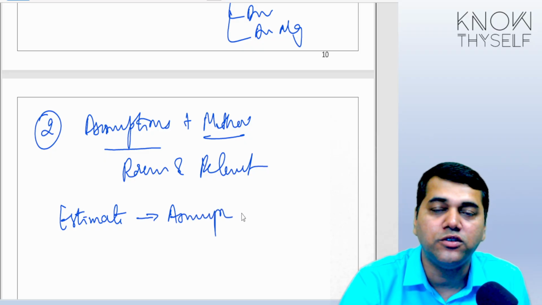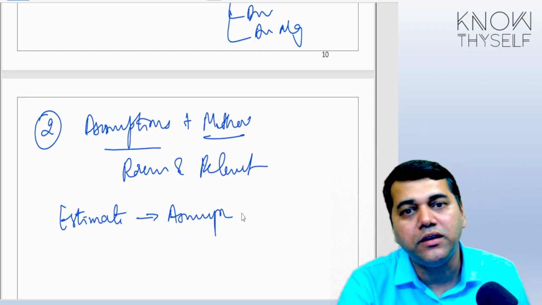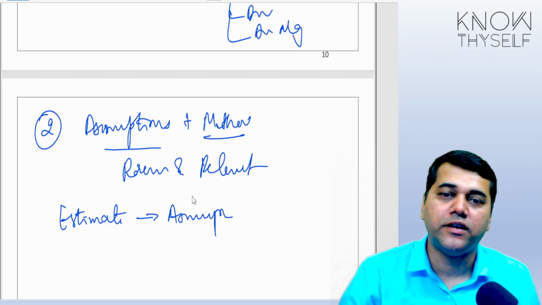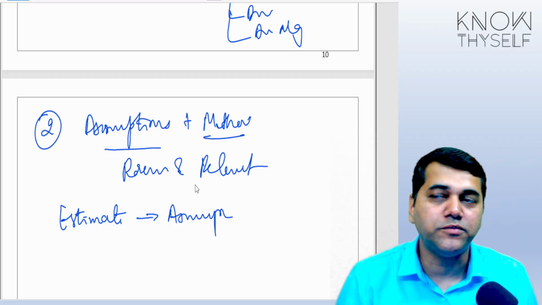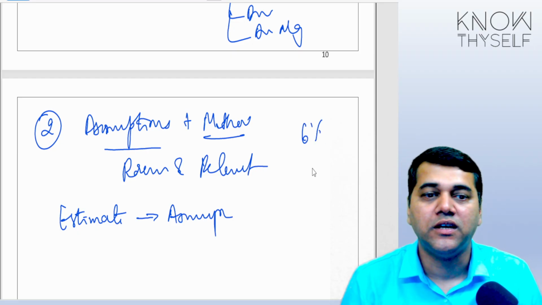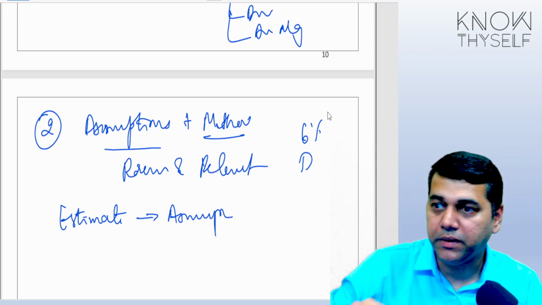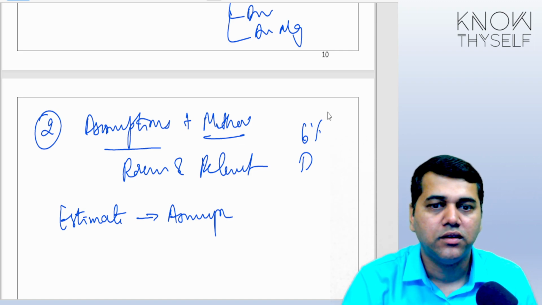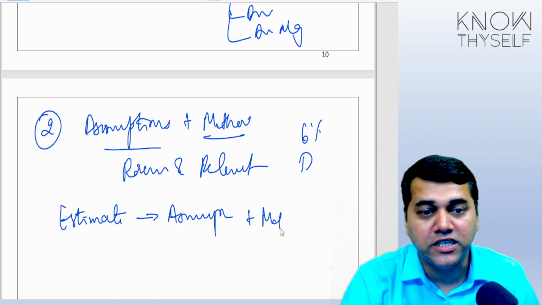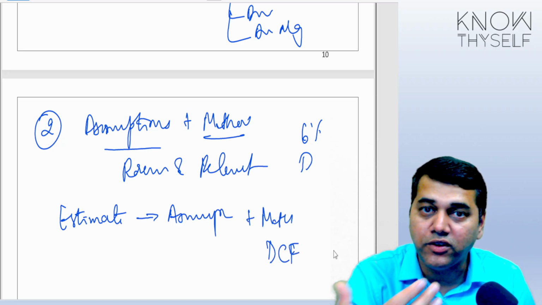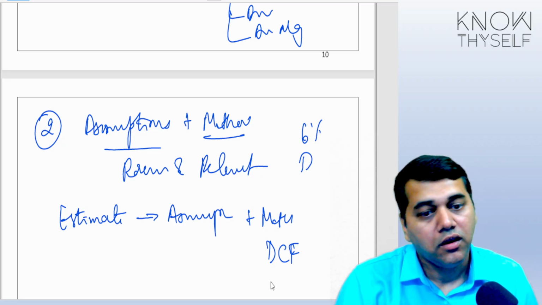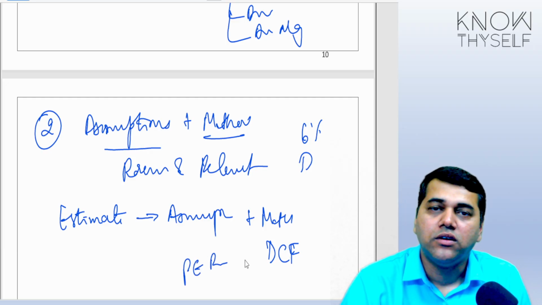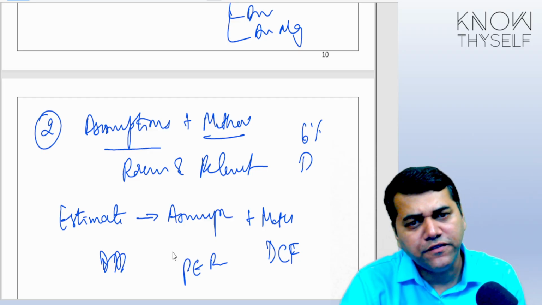So what is an assumption? It is a belief, an expectation that things will be so and so. Like if you are making a provision for, say, retirement benefits, you make certain assumptions that my attrition rate is 6%, death rate will be so and so, some people may move from my organization, some people may stay in the organization. These are all the assumptions you make. Plus, you will use certain methods to calculate it. Discounted cash flow method is one of the methods. Or you can calculate the value of the share price by the PE method, price earning ratio method. Dividend discount model method. There are different methods.